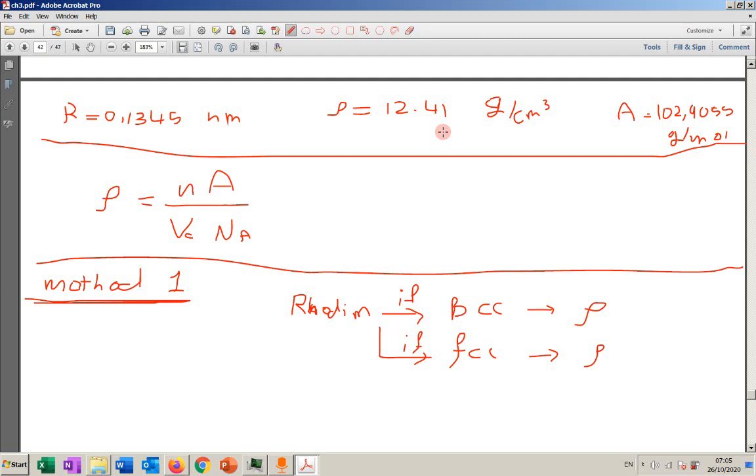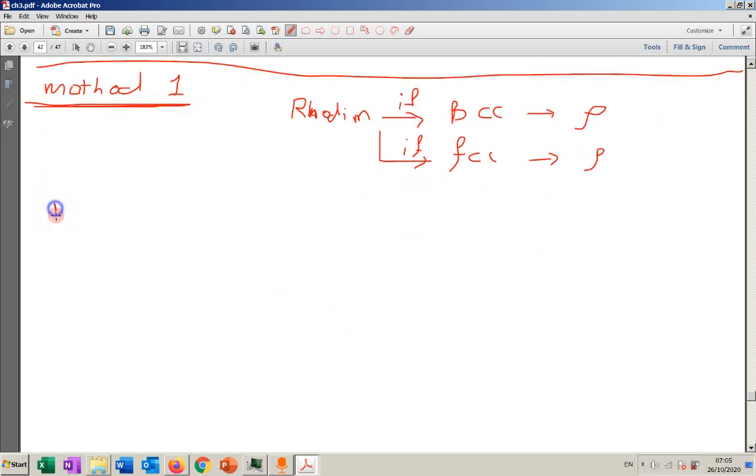So I'm going to find two densities based on what? If rhodium is BCC, I'm going to find the density. The second time, I'll find the density if rhodium is FCC. One of those two densities will be equal to 12.41, and I know then the rhodium's crystal structure. Well, let's say if BCC, then